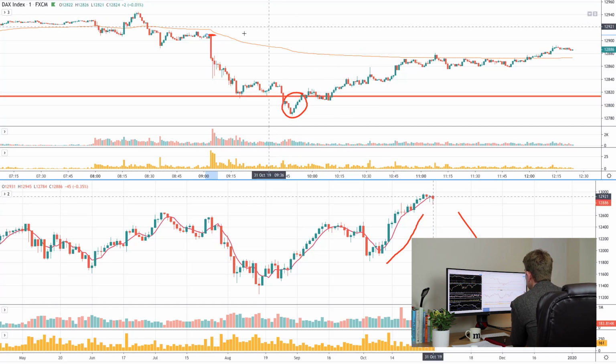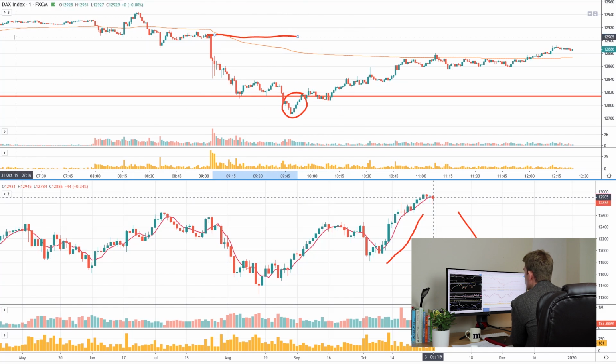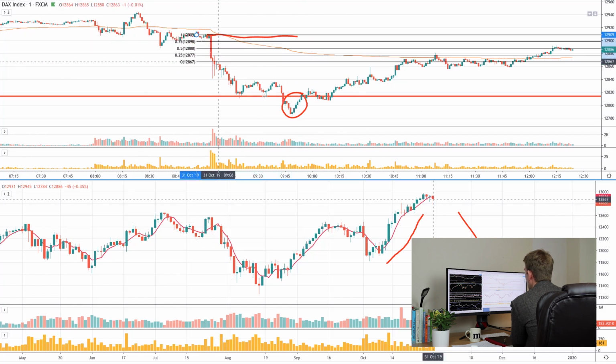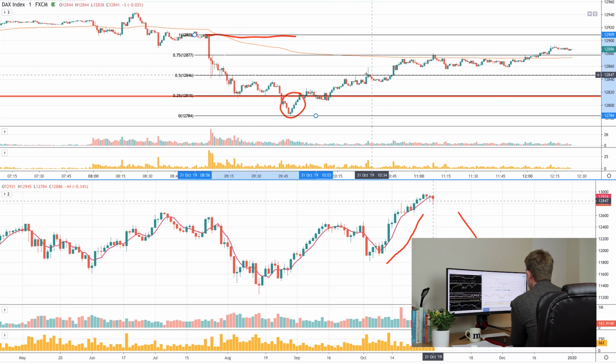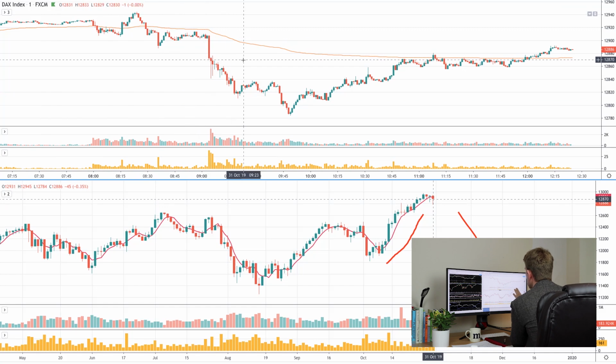So again, some signs of strength, and there's still lots of meat in this trade, because what you can start to do is you can say, right, this is my volume weighted average price. Are we going to go back to our level before we hit? Are we going to retrace to 50% of the move, which again is a nice kind of angle? 50% is about here. Are we going to go back to the VWAP? All these kind of options and targets for a mean reversion type trade.